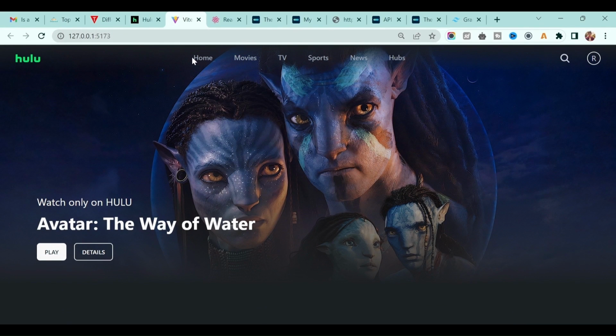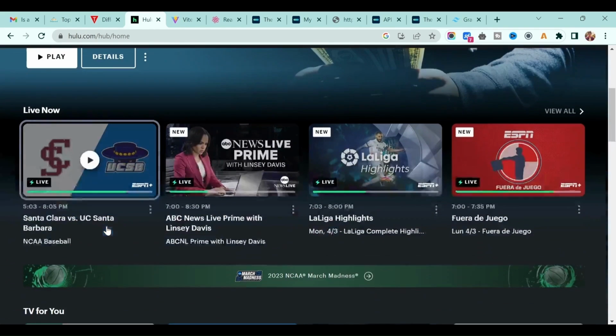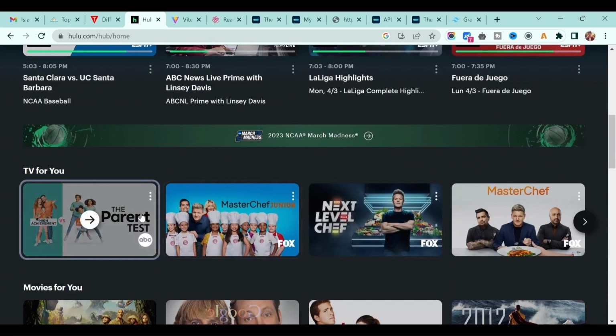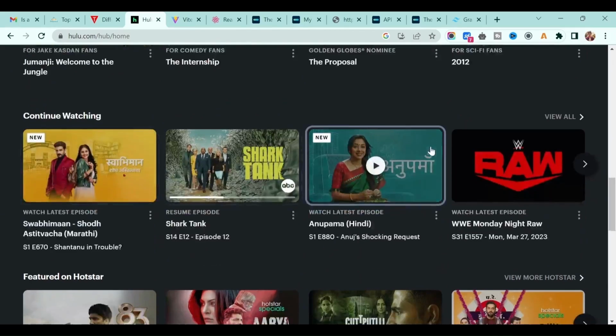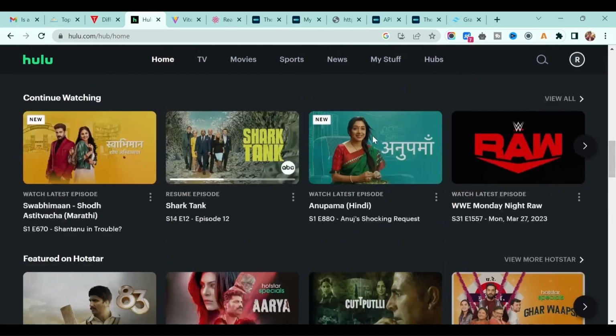It's a transparent color and it's working perfectly, similar to this one. You can add more gradient, darkness and everything, it's up to you how you want to show it. But for now I think this is best, and I hope you understand this header section and this hero section as well. Next, the interesting thing is how can we display this list of data. So next we will show this list of data.